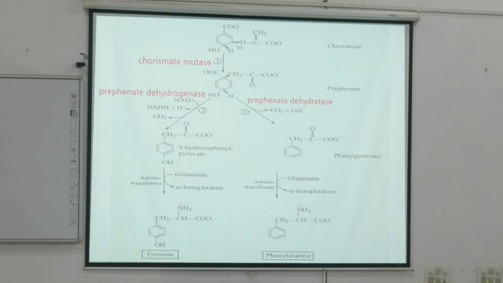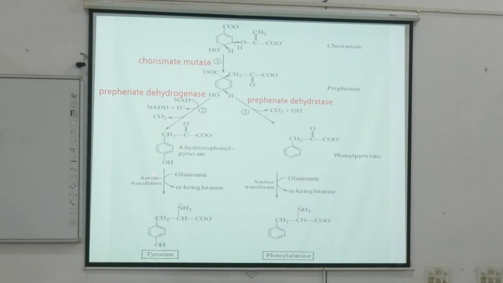So, what is happening, you can see this COOH has to be removed. In order to remove this carboxyl group, you had prephenate dehydrogenase and decarboxylation, and you have hydroxyphenyl pyruvate. This portion is hydroxyphenyl pyruvate. This hydroxyphenyl pyruvate then got transaminated at the carbon that is linked to the carboxyl group to form tyrosine. The same thing is occurring here also. Here you had prephenate dehydrogenase. You see, carbon dioxide was released. Here through prephenate hydratase, then again it was released.